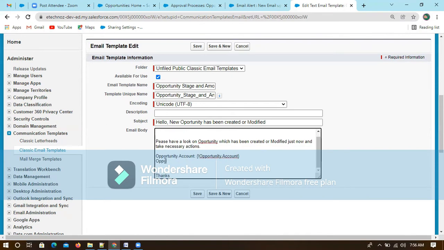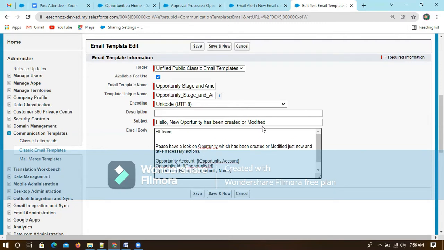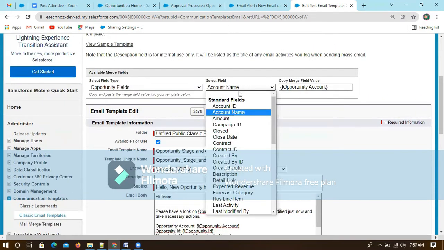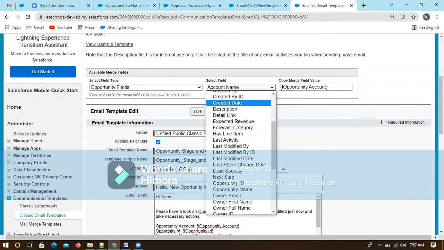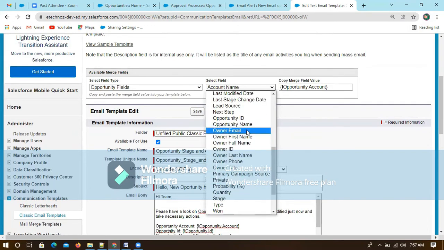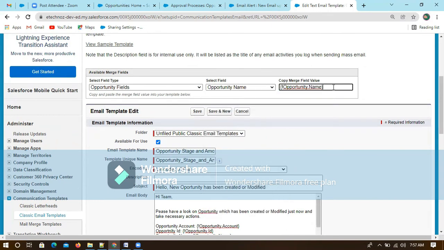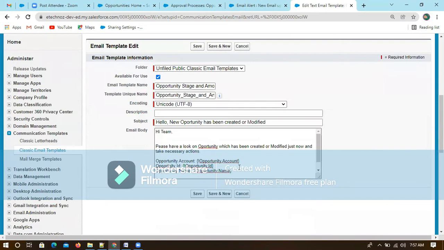And if they want the opportunity ID, what is the opportunity ID? You can simply write it like this, with opportunity ID instead of account, and we will get the opportunity ID. And what is the opportunity name? It can be opportunity.name. It is better if you take all the fields from here, because then we will not miss anything. If you just want the opportunity name, just click, cross verify this, copy this and paste it here.